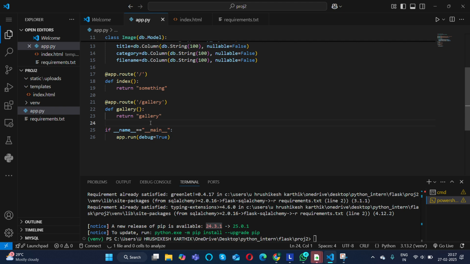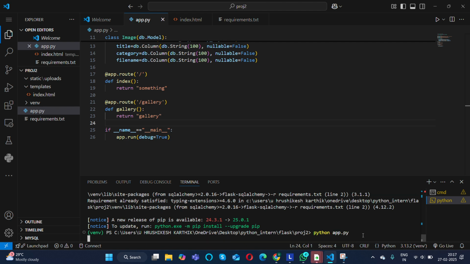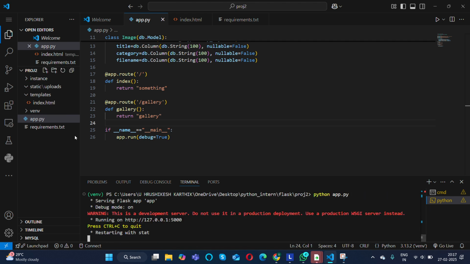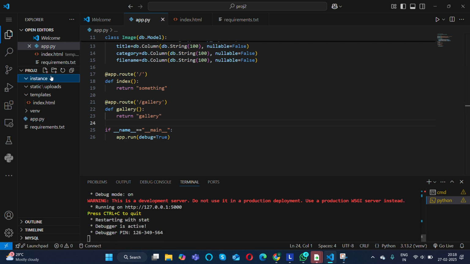So did I miss anything? Check. Okay. I got the instance folder here.